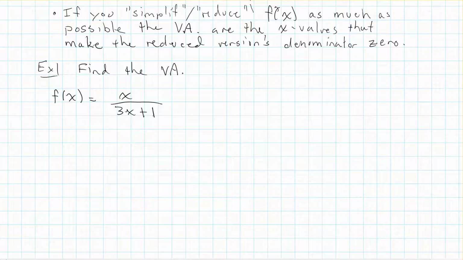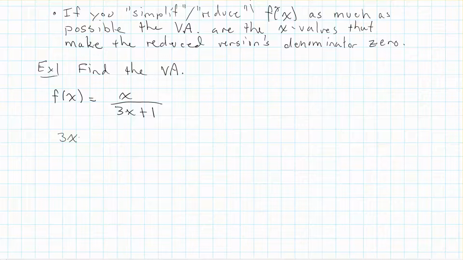Now, it says that if you want to find the vertical asymptotes, you should simplify or reduce this as much as possible, but there is nothing we can do here. There's no common factors in the numerator or denominator. Don't get tempted to cross these x's out. You can't do that because, of course, there is a plus here. It's got to be a factor of your numerator and denominator in order to reduce it or simplify it out. So there's no simplifying or reducing that you have to do,